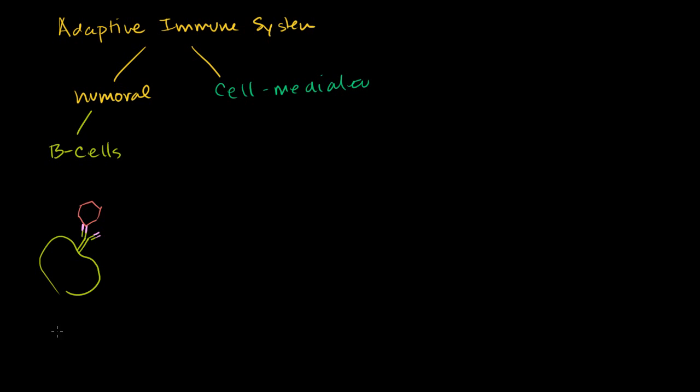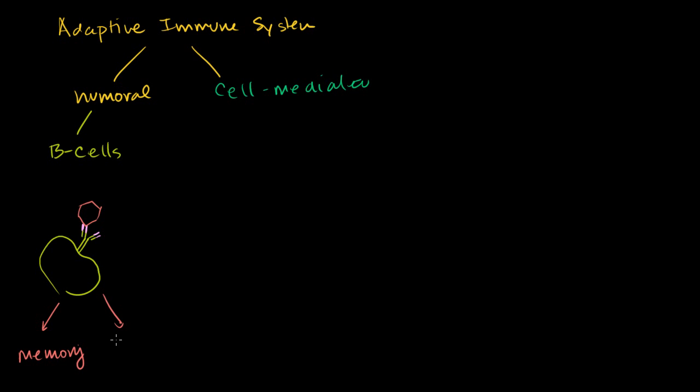And we'll talk about in this video that the activation doesn't always happen. In fact, it usually doesn't happen just from this. But so far, we've said it gets activated. It goes into memory cells, memory B cells, which are essentially multiple versions of this original B cell, just saying, hey, let's have multiple versions of this because it tends to recognize this virus. So in the future, if we get this virus, those memory cells are going to be there to have this interaction. This interaction is going to be more likely to happen in the future because I'm going to have more of this variety of B cell.